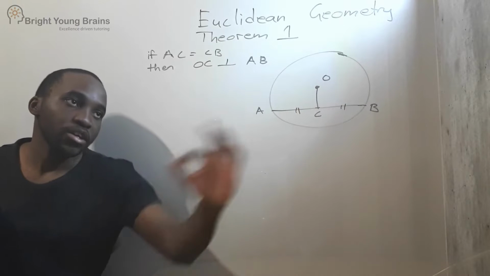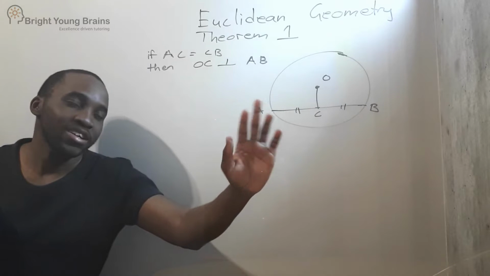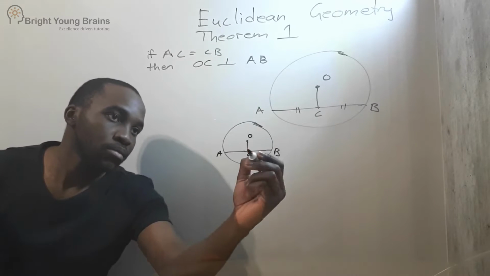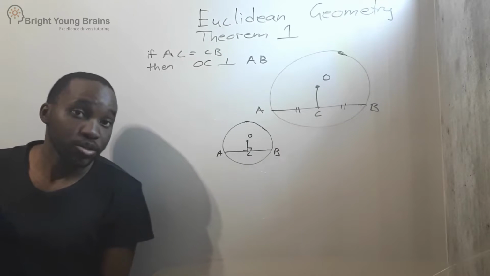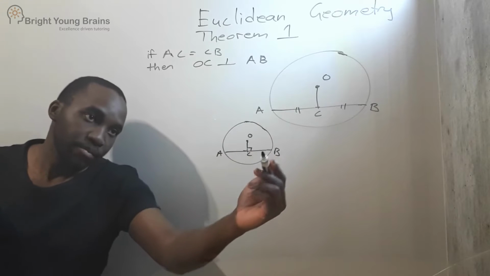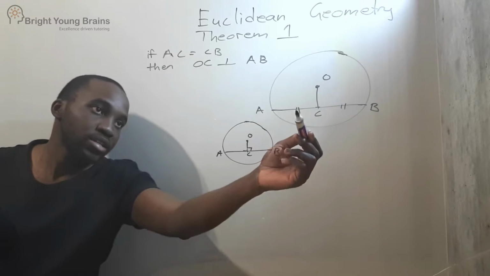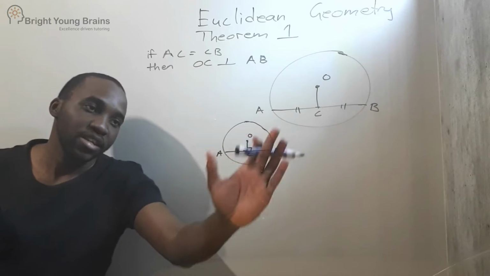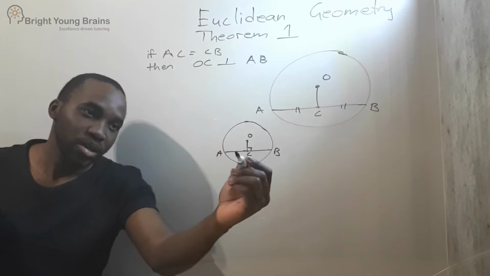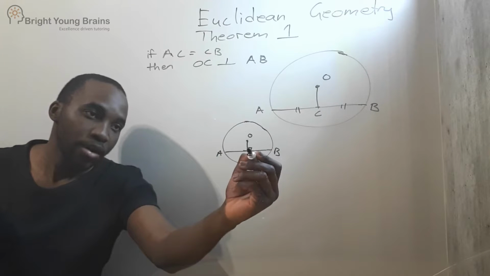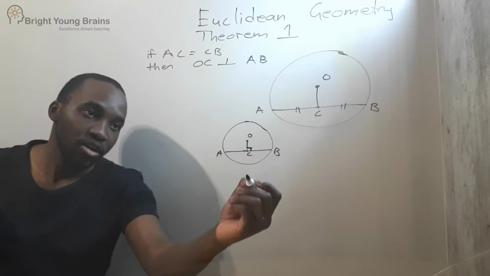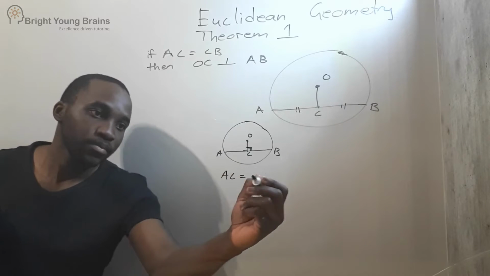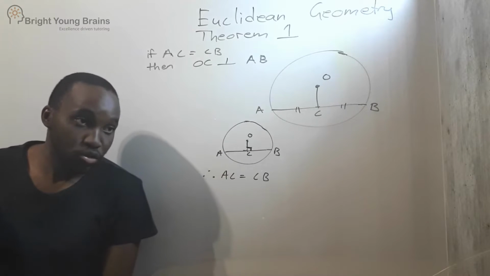Now, obviously, with a theorem like this one, you also want to think of it the other way around, in the sense that if we were given the exact same circle mapped out in this manner, instead of them telling us that AC is equal to CB, we have been given this sketch in reverse. We are given the exact same picture. However, this angle here is a 90-degree angle. If this angle here is a 90-degree angle, automatically we need to keep in mind that AC will automatically be